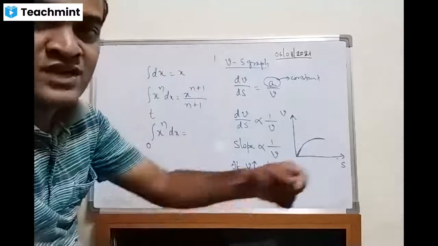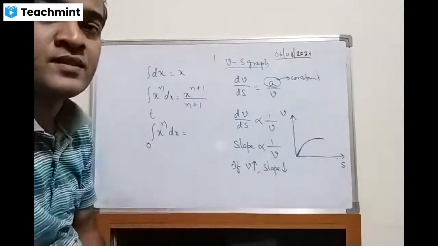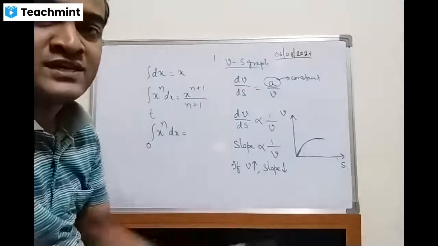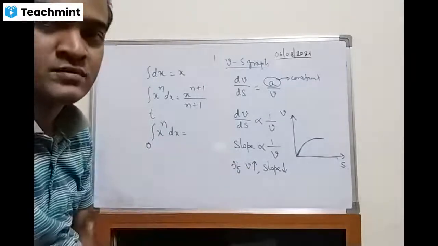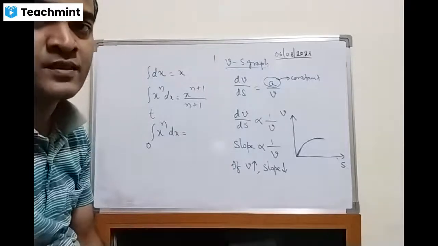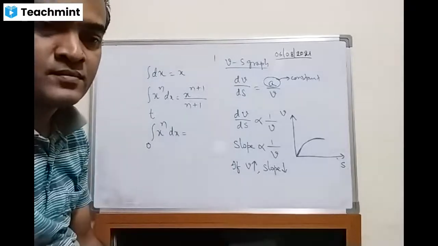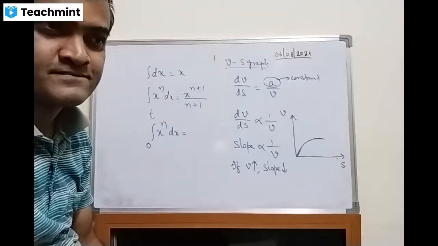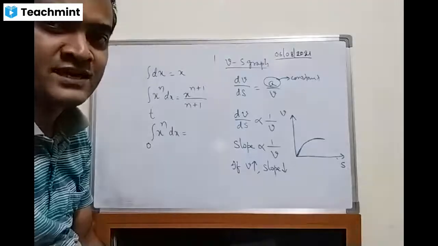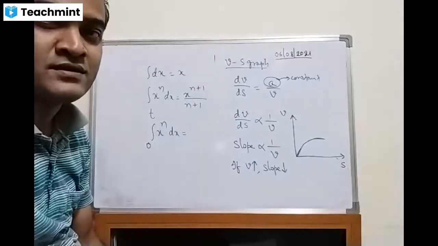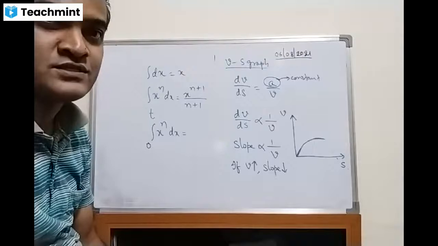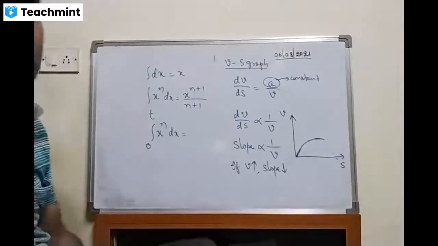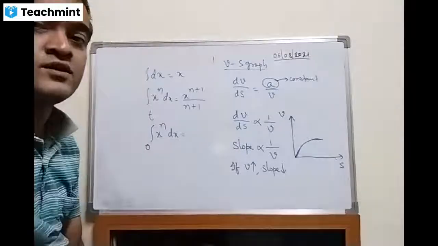Now the particle starts moving with some velocity, so that it has covered some distance, and after t seconds it has covered a displacement x. It has covered a displacement x. How much time has it taken? I said after t seconds it has covered a displacement x. What is the time taken to cover that displacement? T seconds.